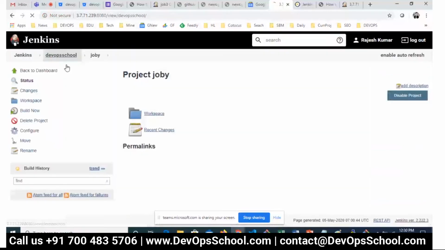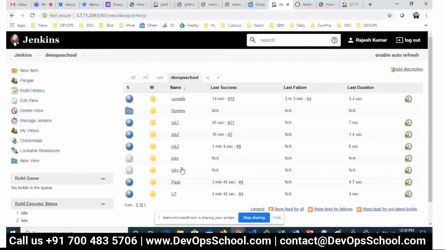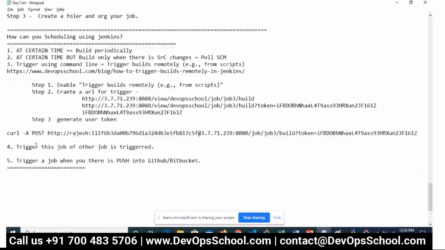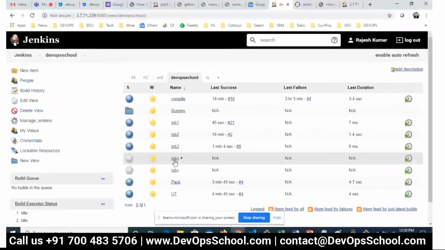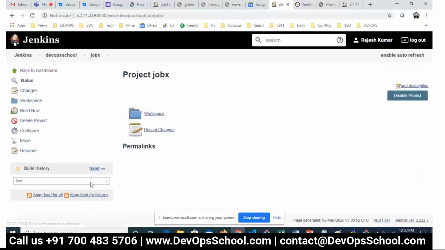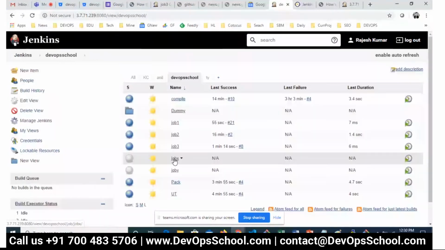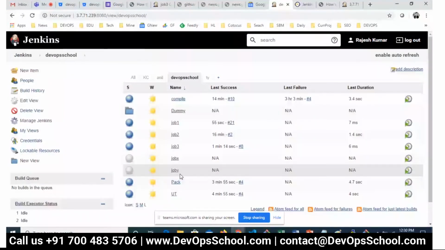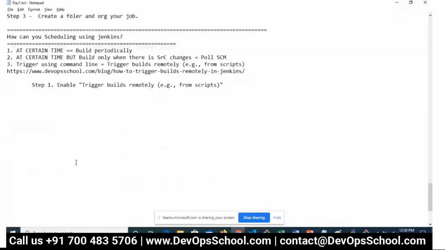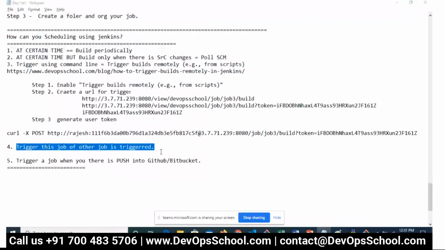So now what I want is that job X should be triggered when job Y is triggered and completed. Understand that? That's the condition. So how do you configure it?